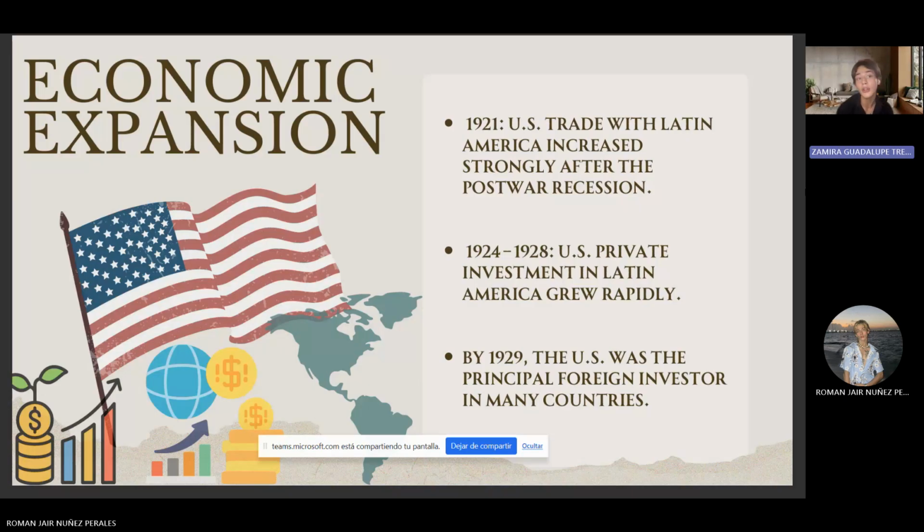In Mexico, we had the oil, which was the main investment of the United States in Latin America. But first of all, in 1921, US trade with Latin America increased strongly after the post-war recession, of course. And between 1924 and 1928, US private investment in Latin America grew rapidly. And by 1929, the US was the principal foreign investor in